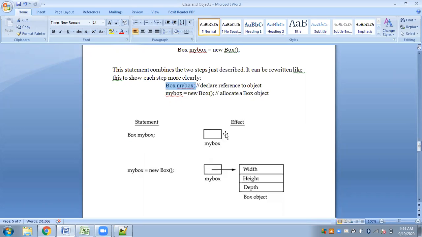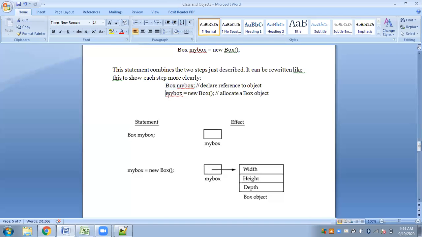This is actually a variable which will be holding the address of the memory location that will be used to represent the object. So this is not the object, but this will be pointing towards an object.